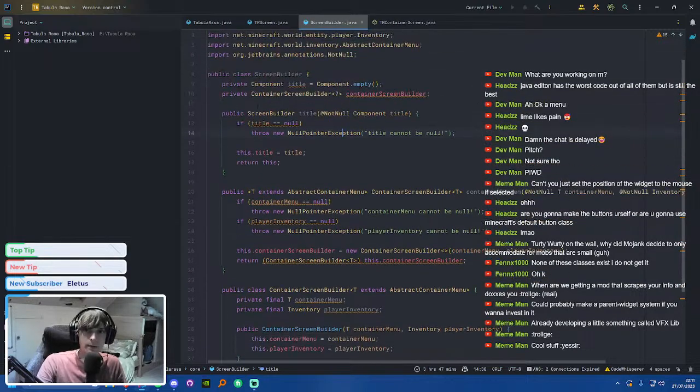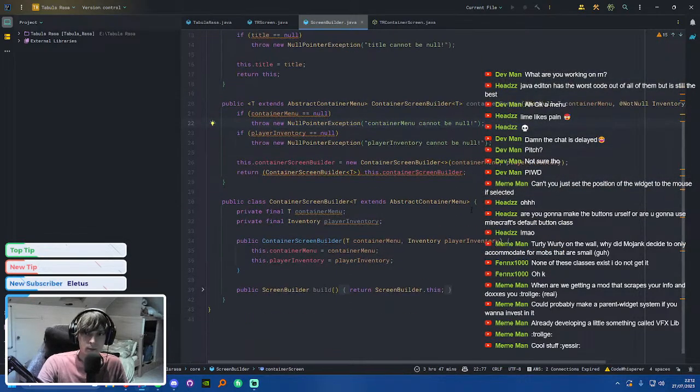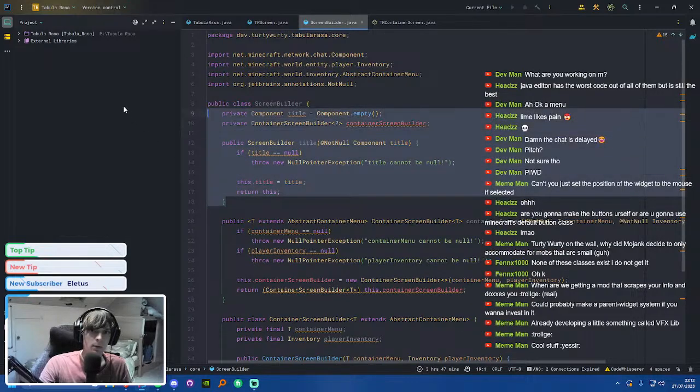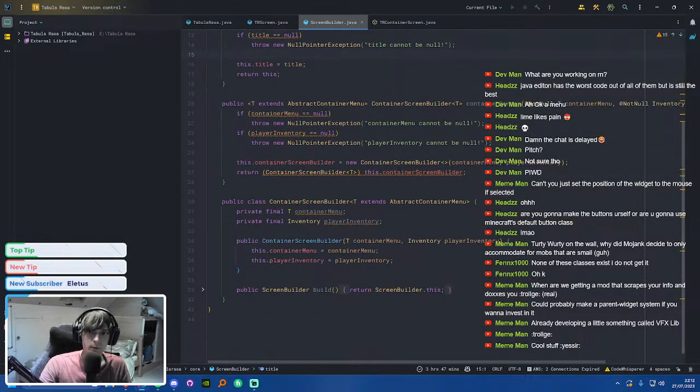So I'm just going to do the basic stuff first, so you can create a builder for a screen and then add to that and all that stuff. But this stuff alone is probably going to take a while to abstract out how I want it. But anyways, I think that's probably actually enough for this stream, isn't it? How long have we been going? 2.5 hours. Yeah,